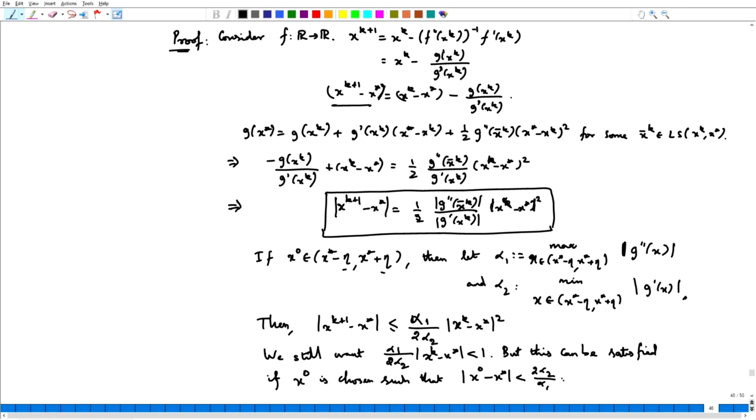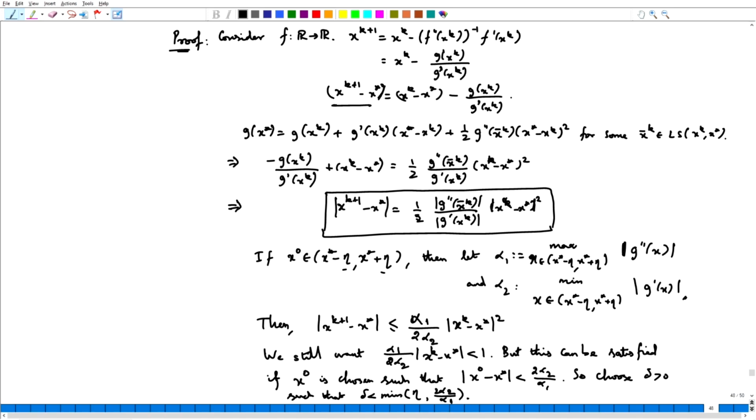So, choose delta positive such that delta is less than the minimum of eta and 2 alpha 2 by alpha 1. If you choose a value of delta in such a way that it is less than the minimum of eta and 2 alpha 2 by alpha 1,